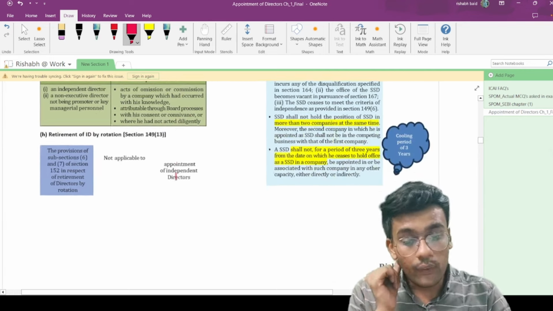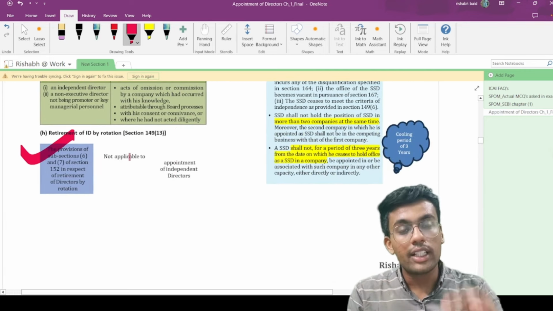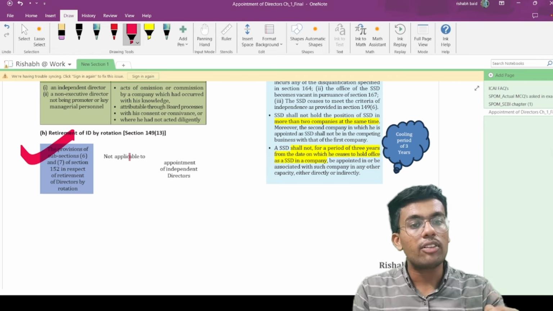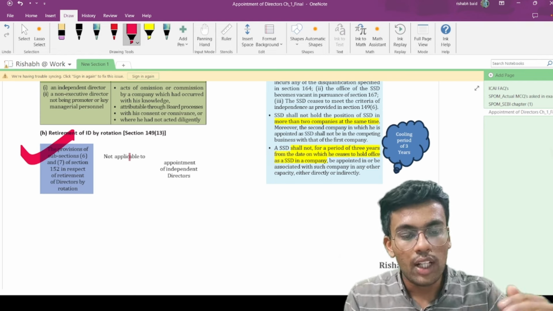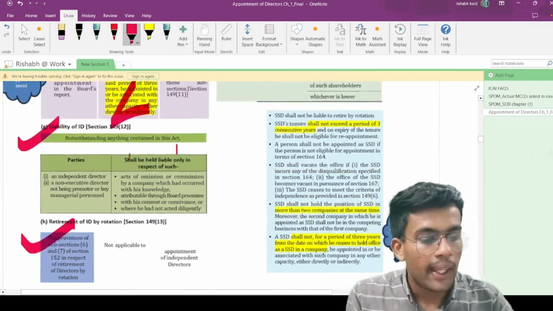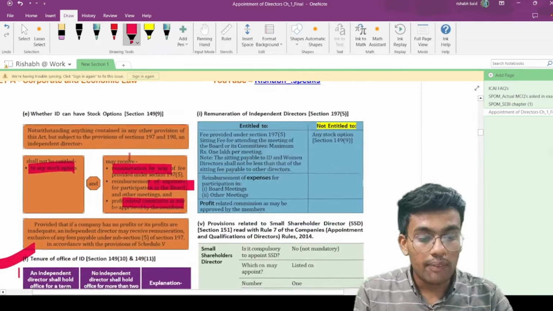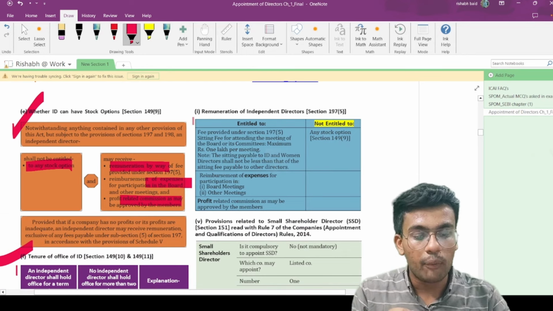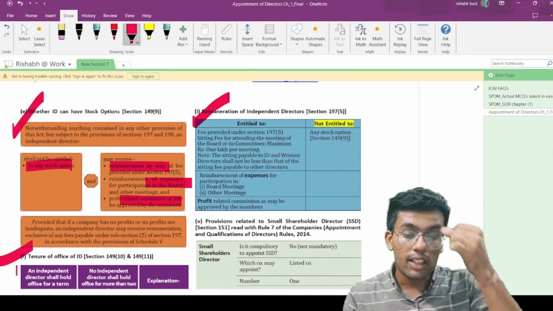Okay. Now retirement by rotation. For independent directors, the provisions of retirement by rotation are not applicable. These provisions we will discuss in section 152, which is coming in the next 1 or 2 pages. Now moving on to the remuneration of independent directors. As we mentioned over here, point E and point I are kind of similar, so you can read it